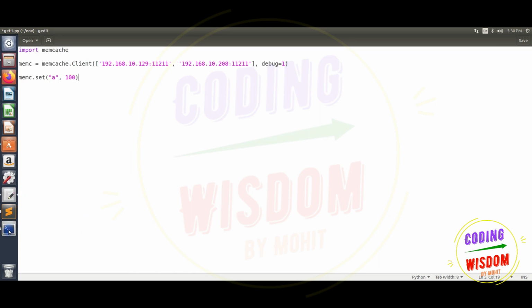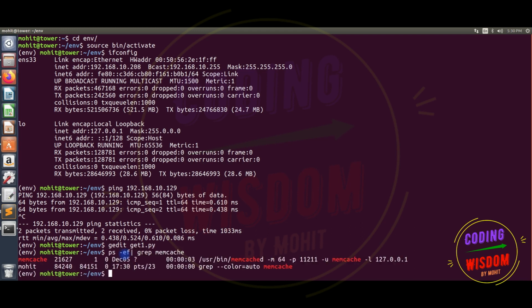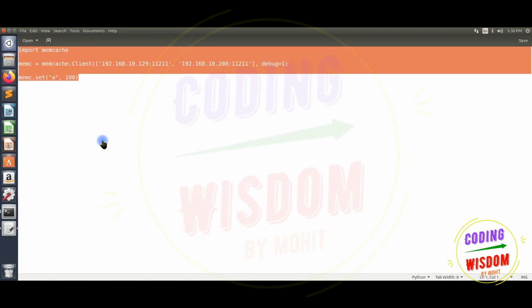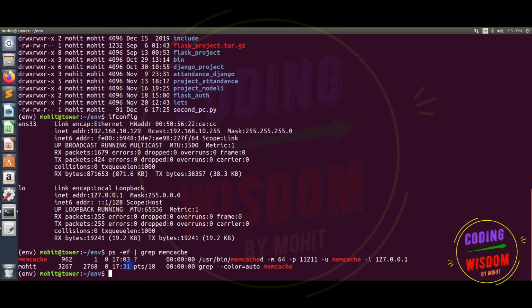Let's check whether memcache is running or not. You can use ps -ef | grep memcache. Now I can see it is running fine, or you can use the command sudo systemctl status memcache. That is also okay, running fine, not an issue. Here let's check ps -ef | grep memcache too.